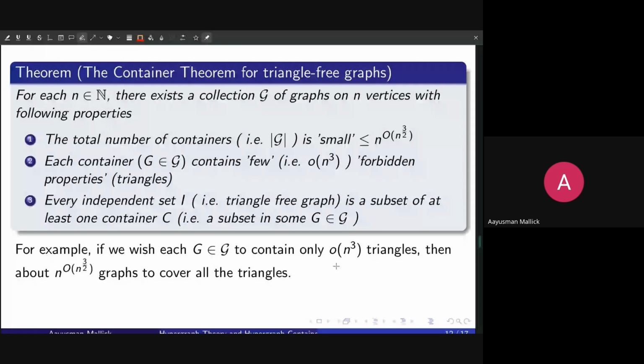I won't take more than 5 minutes, because we surely cannot enter the real details of this method. It's such an illustration where small o of n cubed denotes that for any function f of n, small o n cubed denotes that